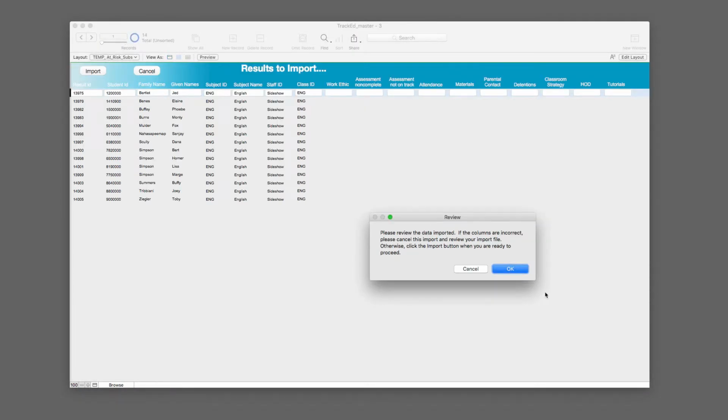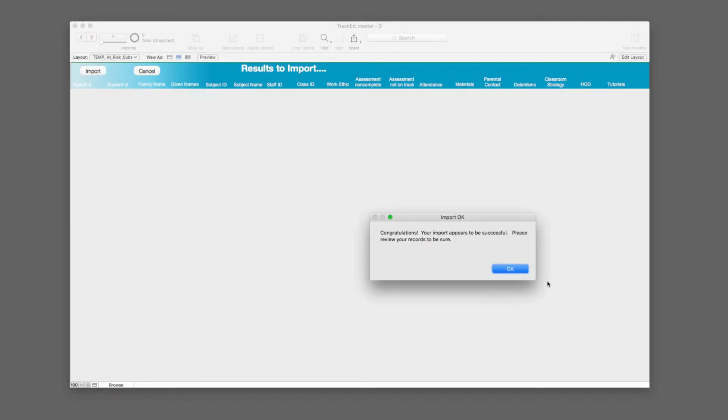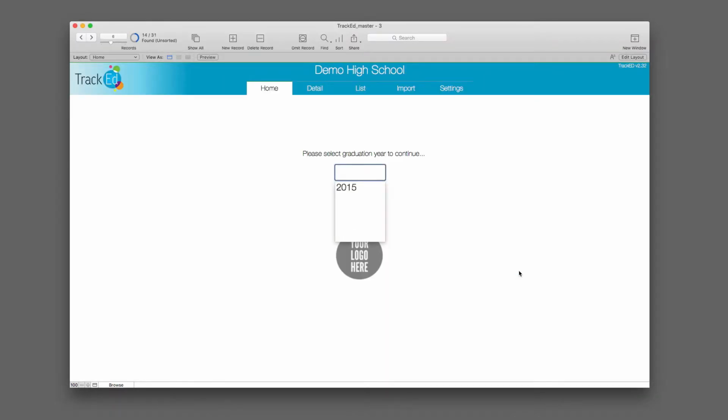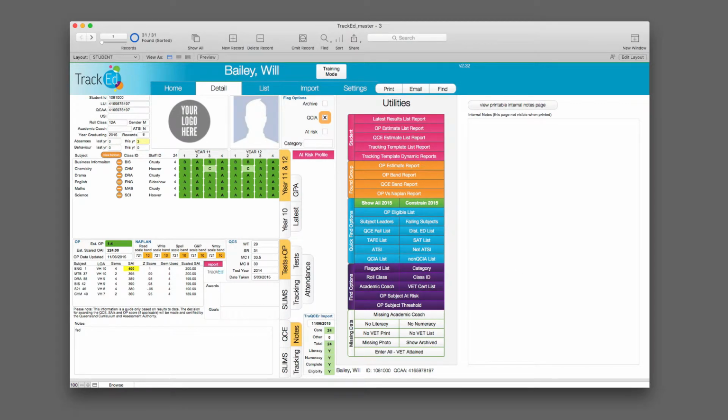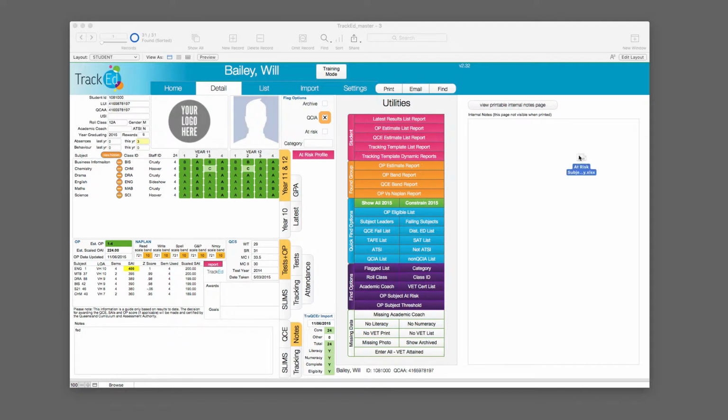Backup complete. It's showing me the information that's going to import. Congratulations. Oh, I've actually imported the wrong one. That's why they were all blank. Let me locate Krusty's. Here it is. We'll try that again,